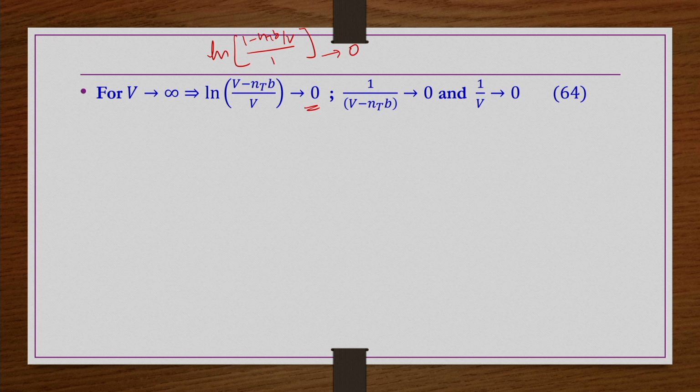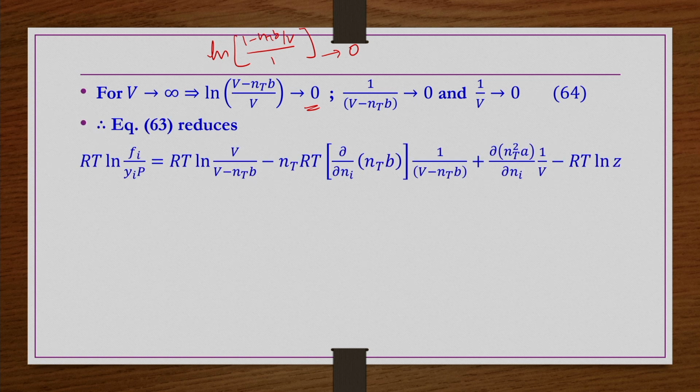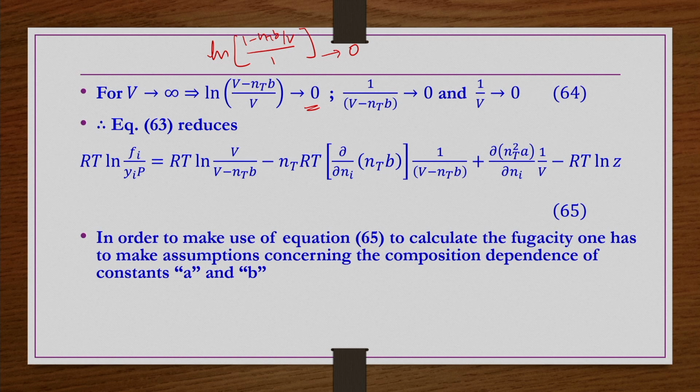Okay. So, other two limits 1/(V − NTB) should be tending to 0, and 1/V should also be tending to 0 if V tends to infinity. When you substitute these limits, the previous expression reduces to this particular form. Here we have substituted only limiting conditions, whatever the V, from some finite V to infinity. Okay. Now, this equation is useful only when we know